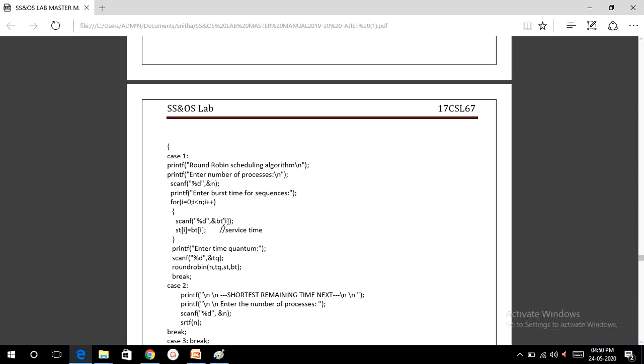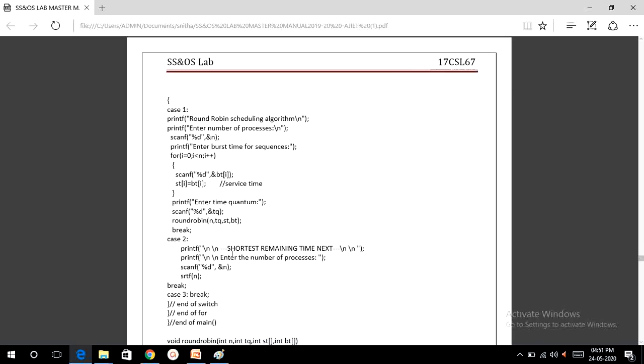So what you need to do is store it in ST, because later you will be modifying the service time. In round robin, if the time slice is 2 units, each time we need to reduce it by 2, right? So we are changing it later. First we copy that burst time into ST[i]. Now ST[i] and BT[i] are both the same; it is known as service time and burst time. You read BT[0], BT[1], BT[2] and store them in ST[0], ST[1], ST[2].